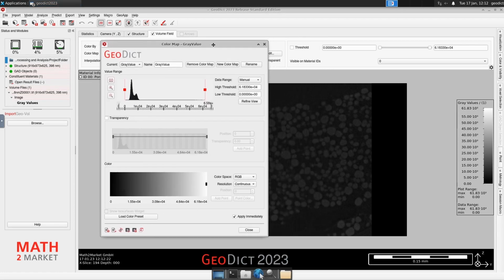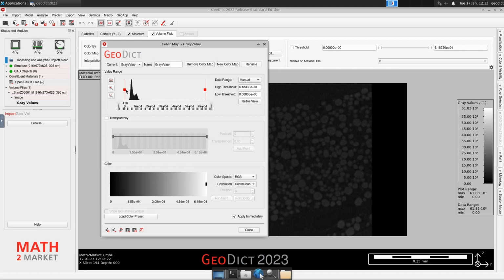And then you can see the histogram of the current file. And you can directly see the range here is very, very wide, but the interesting part is only going on in this small part here. Therefore, we can change the range.